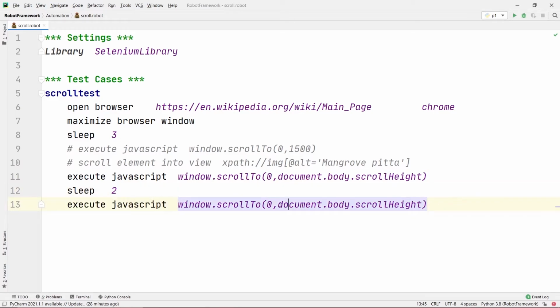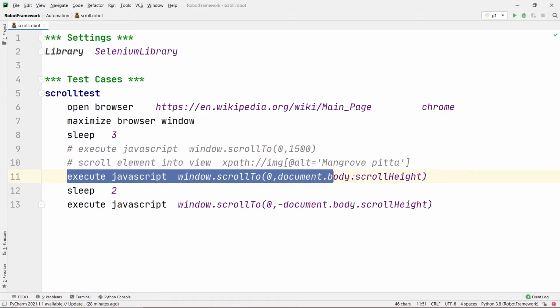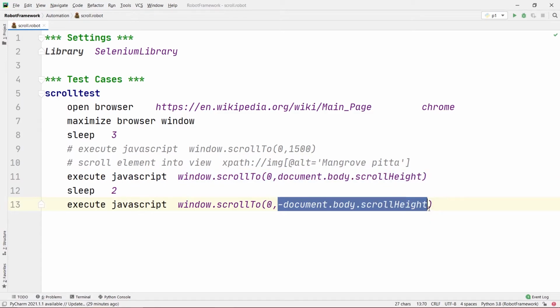So for that, the same command will be there. You just need to negate the vertical value. So this is the same command as this command, but instead of the vertical scroll command, we negated the vertical scroll command. So now instead of going to the bottom, it will go to the top of the website by just using this minus operator.